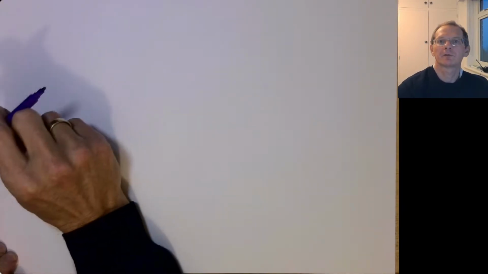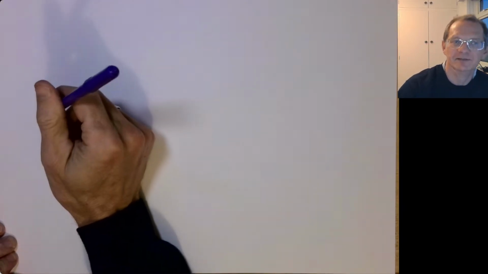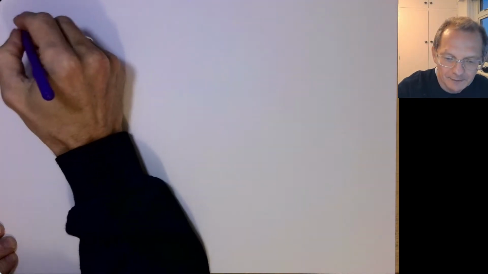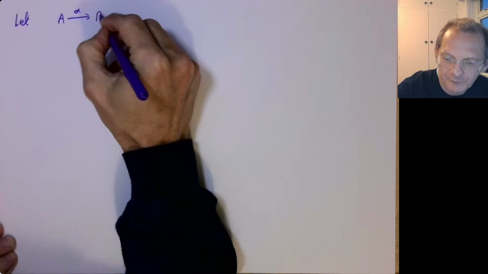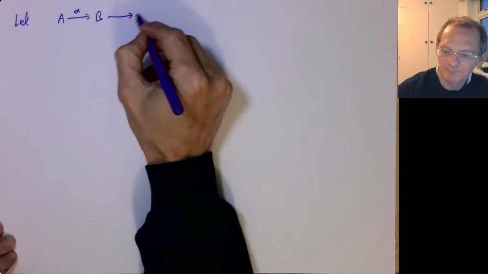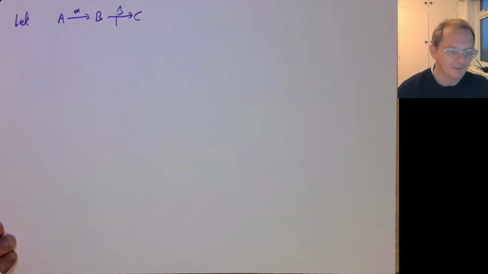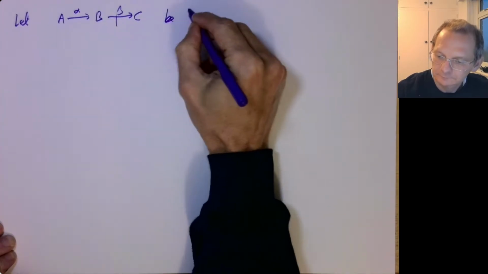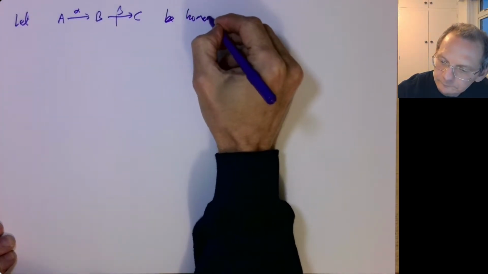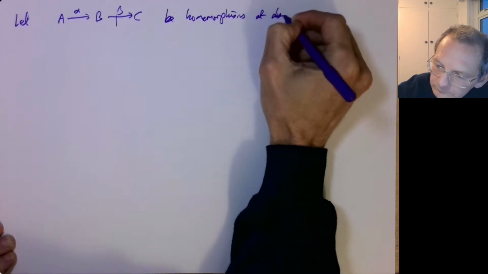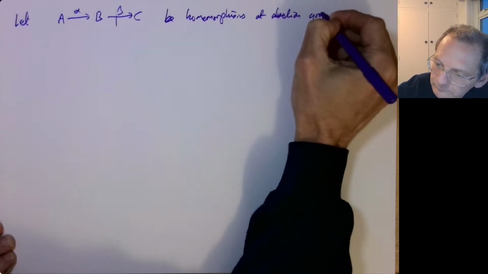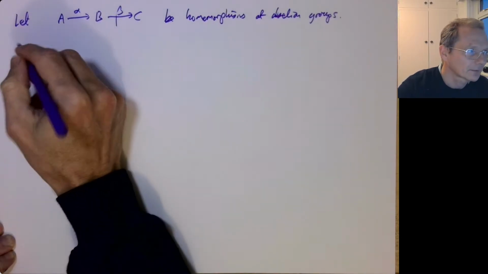In this video we're going to discuss the idea of an exact sequence of abelian groups. So suppose we've got some abelian groups A, B and C and some homomorphisms alpha and beta. Okay, so then we